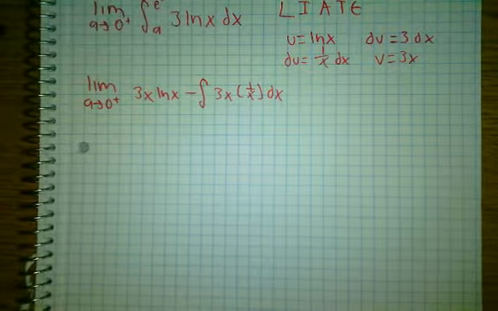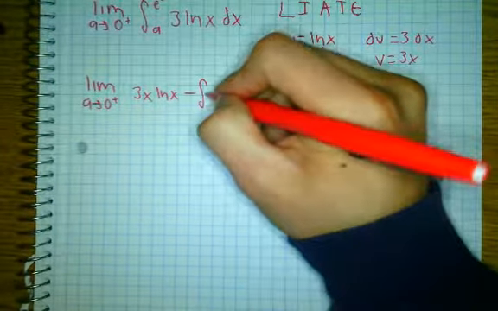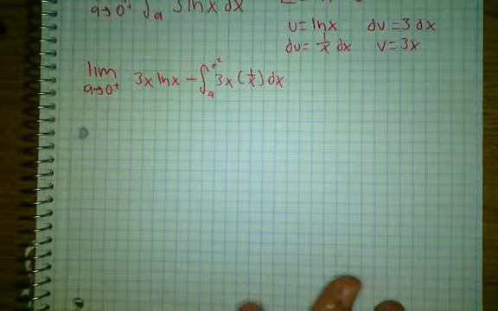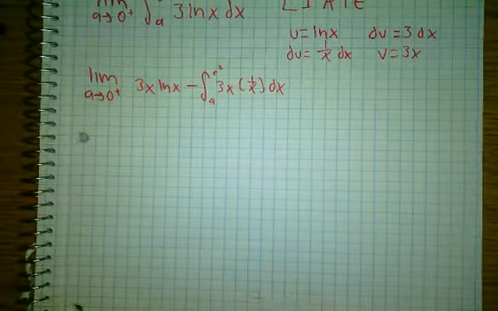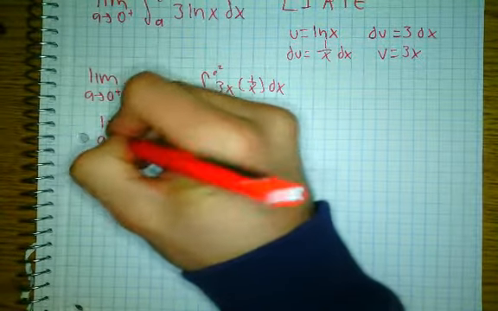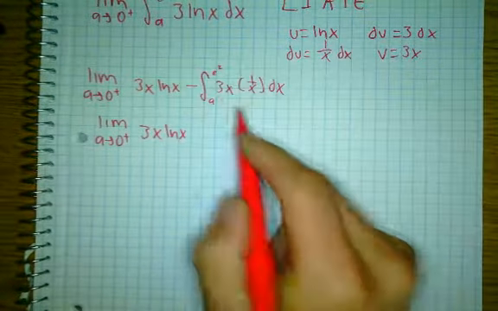Now I'm showing more work than I expect you to show, but just to make sure I don't lose anyone. This is still a definite integral, so from a to e squared. Then the limit as a approaches 0 from the right, 3x ln x